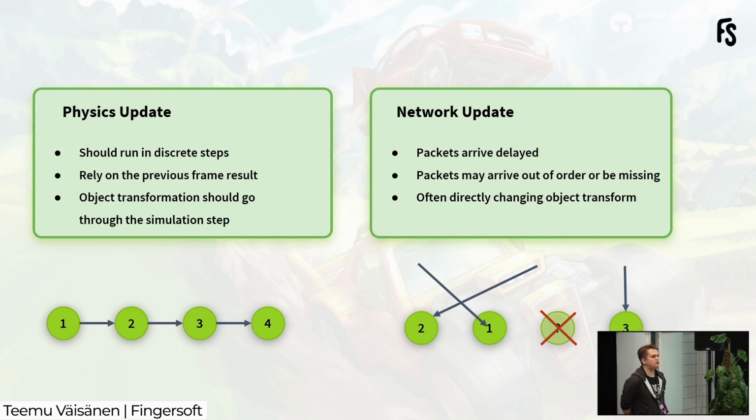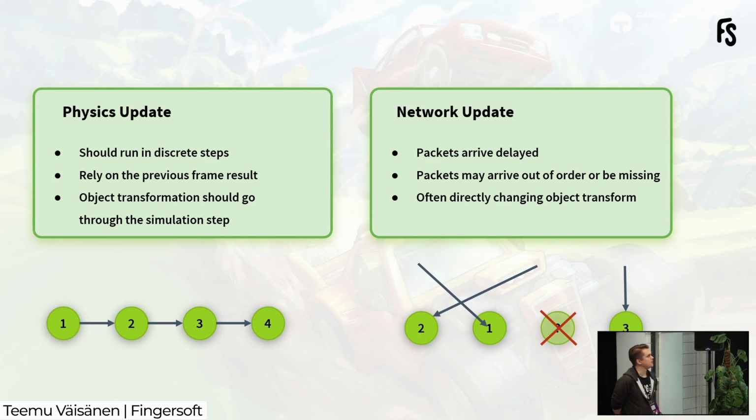And I think all physics engines don't really like it if you, for example, directly change the transform of a rigid body object. There's a chance that, for example, you put the object inside of another collider, or you somehow violate a constraint that the object was